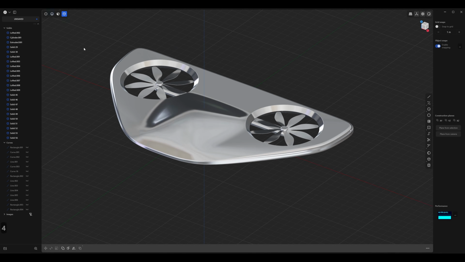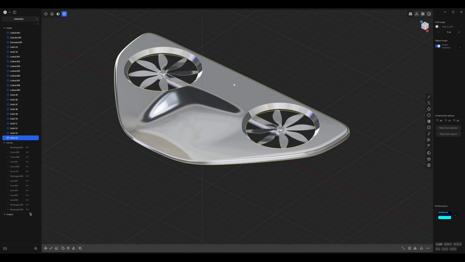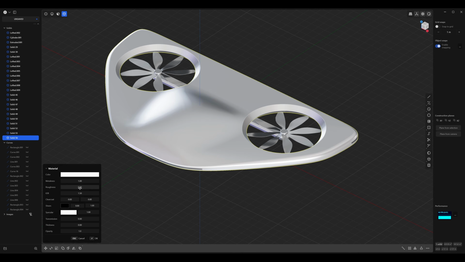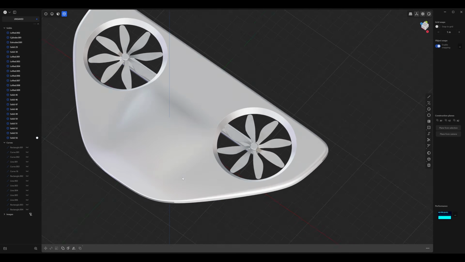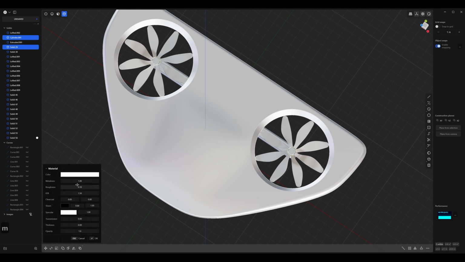And you can change that by making sure you're in body mode, press 4. And let's select the body, then press M. And in this case, we might just keep it kind of white. So metalness is fine. Roughness, you can increase that to around maybe 0.4. And let's try that for these little caps here. Press M. Try maybe a gray here. Increase the roughness.